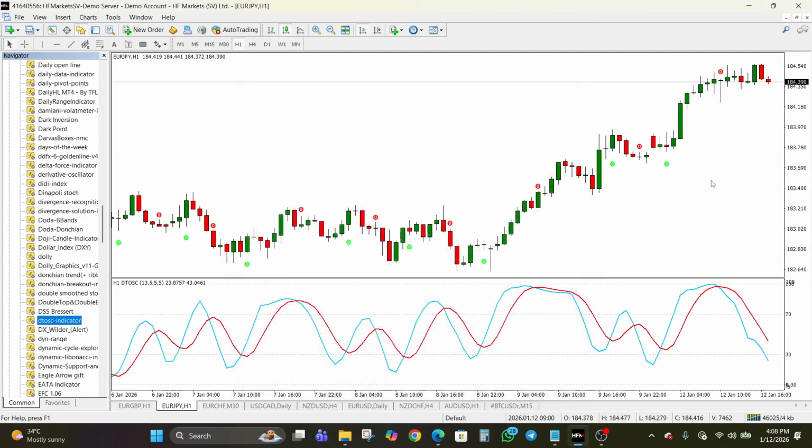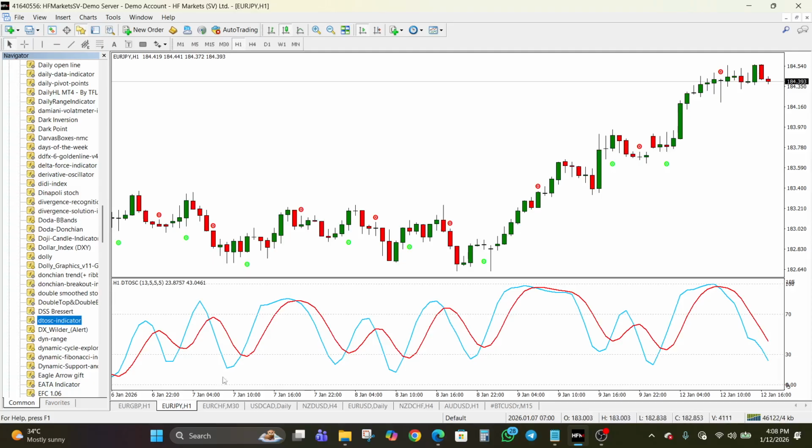So this indicator is designed to blend trend and momentum analysis into one tool. It helps you to know when the asset is overbought and oversold. You can see it gives overbought and oversold signals, and also gives you precise buy and sell signals as well,